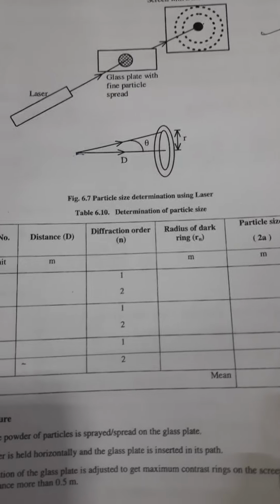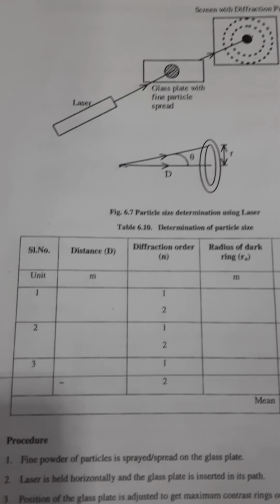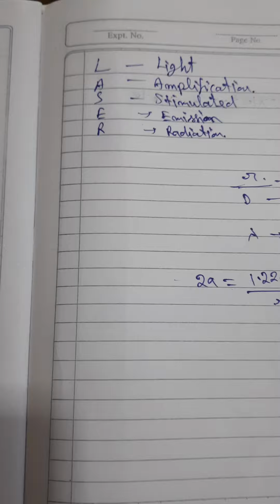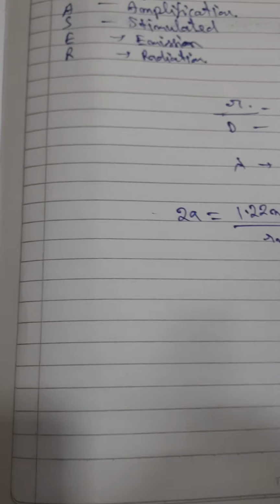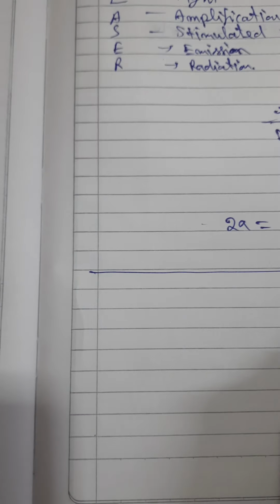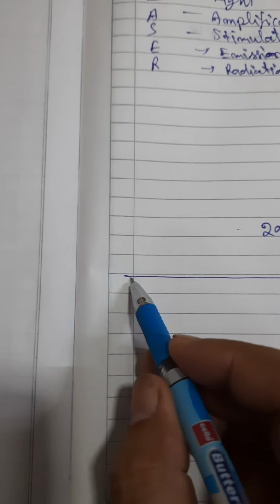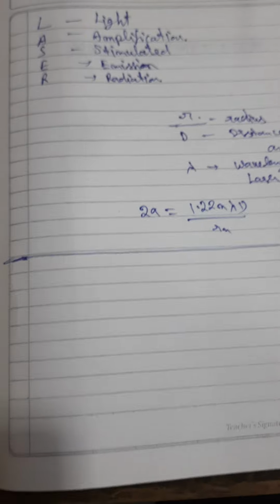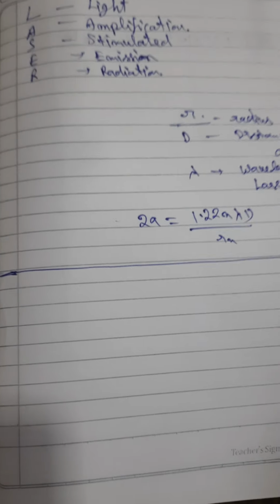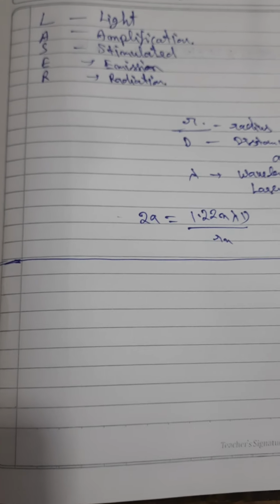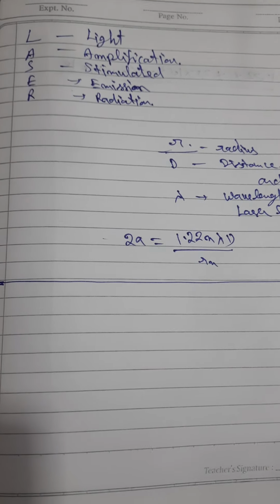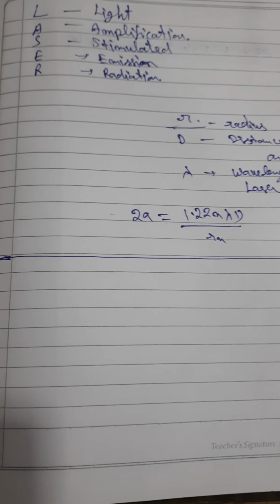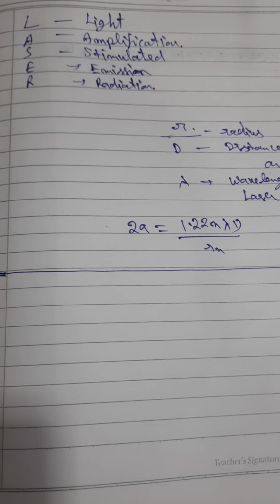For the first observation, we can keep it at different values. Let me note down these values. Simply by doing this we can complete our experiment by taking the observations. Then we will do the calculation part, and then we will have the result. The observation part I am just trying to show you.